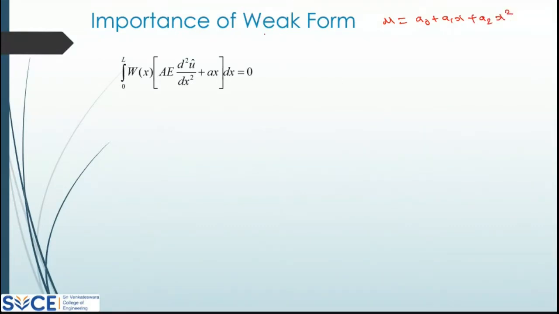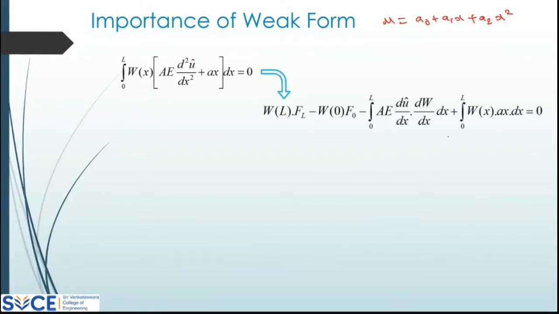But after making this, it is weakened. Your differential equation is weakened like this. So what is the maximum power here? It is power 1. In that case, you need not use this much of a trial function. You can use just a naught plus a1x. That is enough. This trial function is enough for this equation. Whereas for this equation, you require a trial function up to x square,